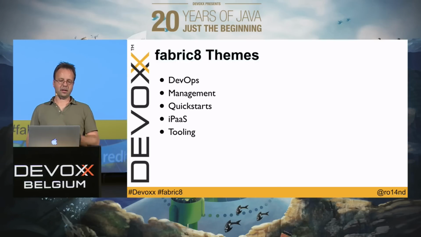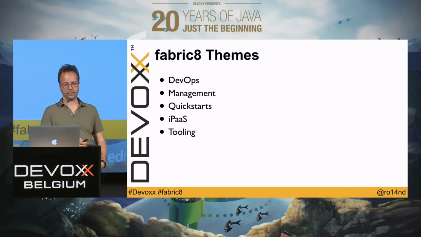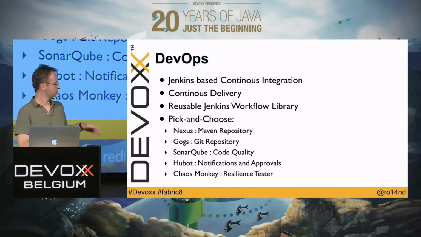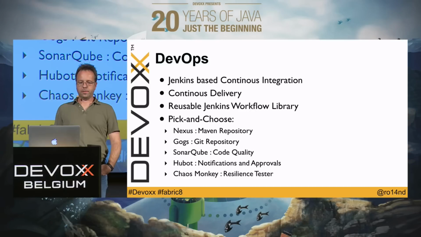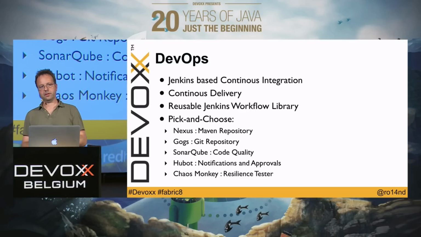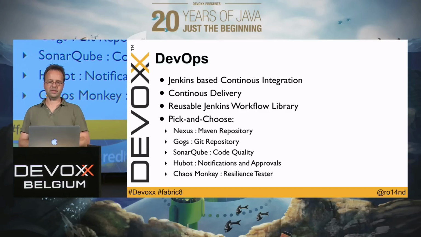And finally, there are a lot of tools for handling all this more or less tedious stuff, like creating configuration files, like we have seen just before. Okay, now just one slide for every point. DevOps is centered around Jenkins. Jenkins is the continuous integration server, which is responsible for doing all your builds.